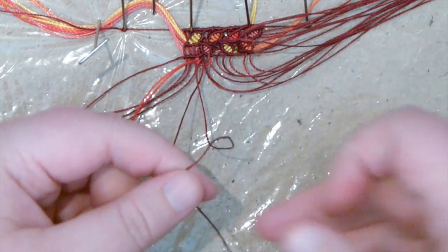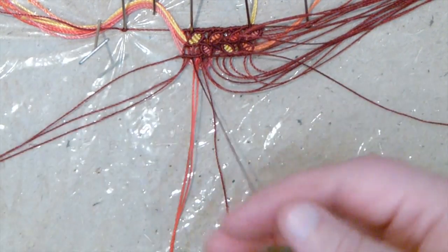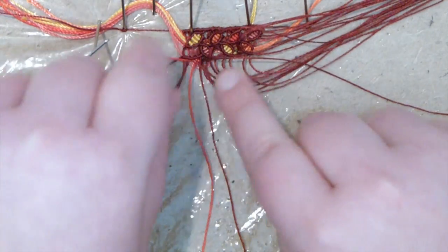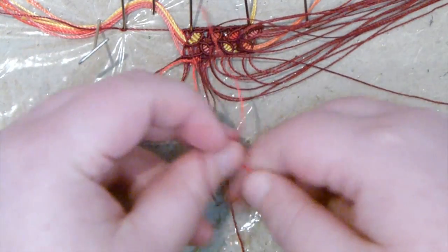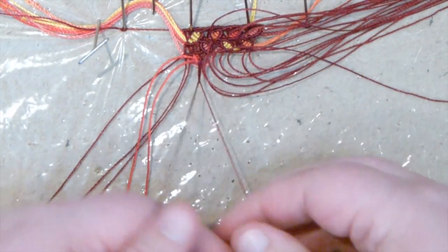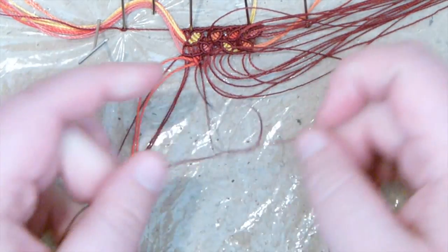Over your finger and through the loop, and tighten it. So that's the first row done basically. Moving on, next one. Grab your very first of the coloured threads, like so, making your half hitches, filling out that leaf, finishing off this row, over your finger and through the loop, over your finger and through the loop,